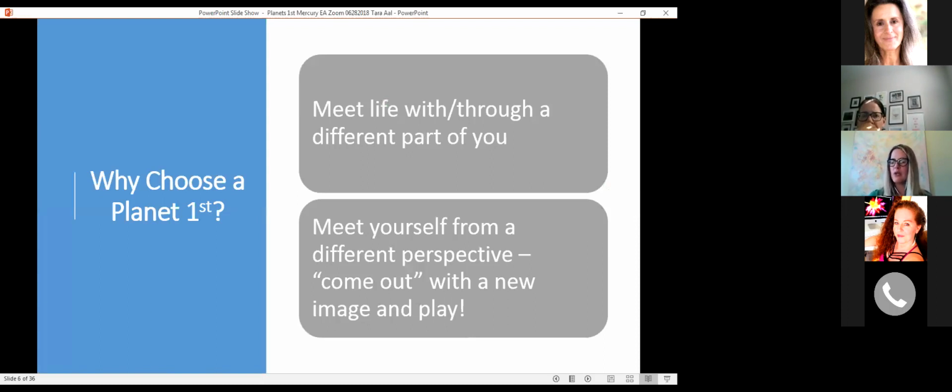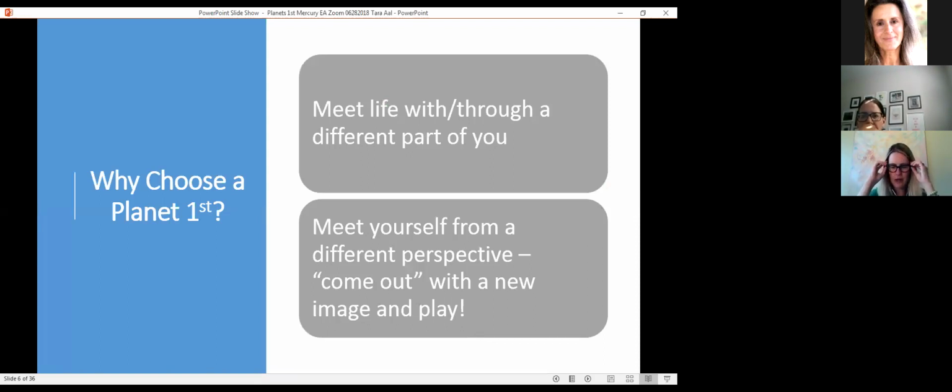It's almost like you come out, right? Think about the ascendant or the rising as our coming out, how we come out and meet the world, how we come out as an individual, as a separate human being. Well, this is a coming out party, right? Planets on the first is coming out with a new image, and then you play with it. That first house in the ascendant requires, it's Aries house, so it needs to experience and try things and do things to know what it likes and more of who it is and the direction it wants to go, right? So this is like the permission of planets on the first: let that part play.